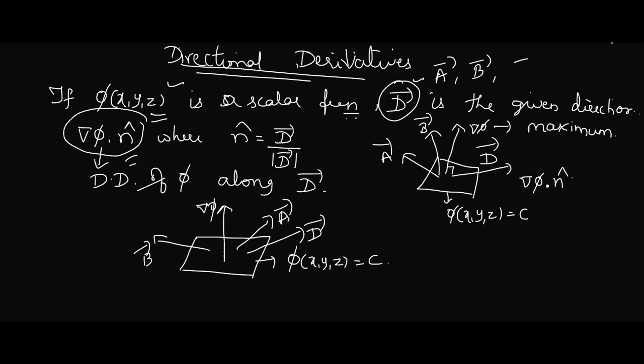Now, geometrically, if you take different directions, you can calculate it theoretically. If you find the values, the answers may be some a1, a2. It's a scalar quantity. The answers are a1, a2, this may be a3, this may be a4, like this. How many vectors you take depends on you. Among all these, if you want to check which is going to give the maximum answer, it is nothing but del phi. Now clear?